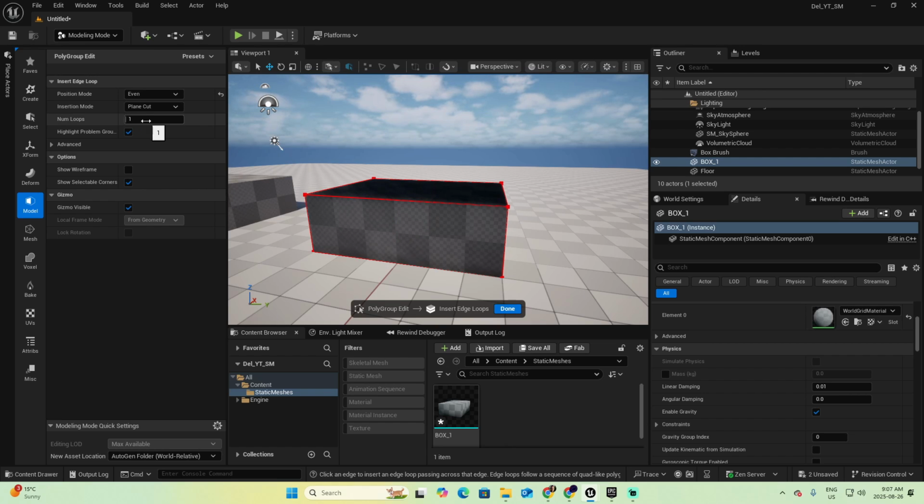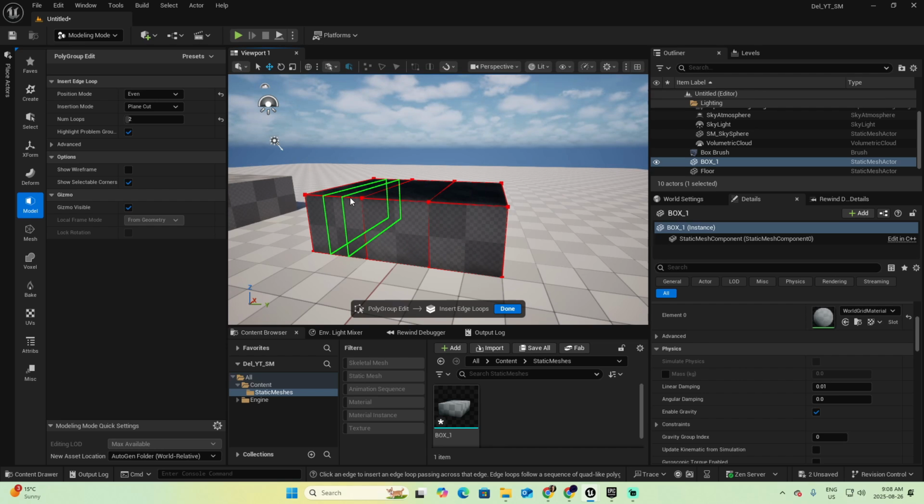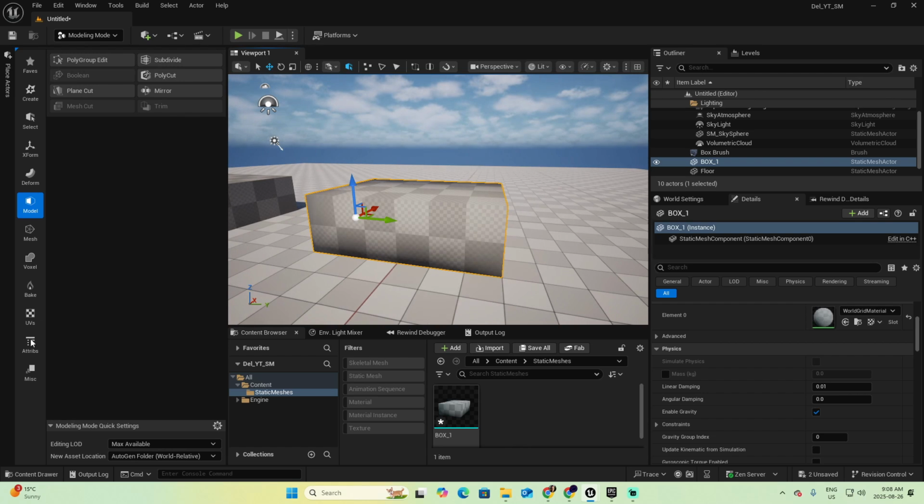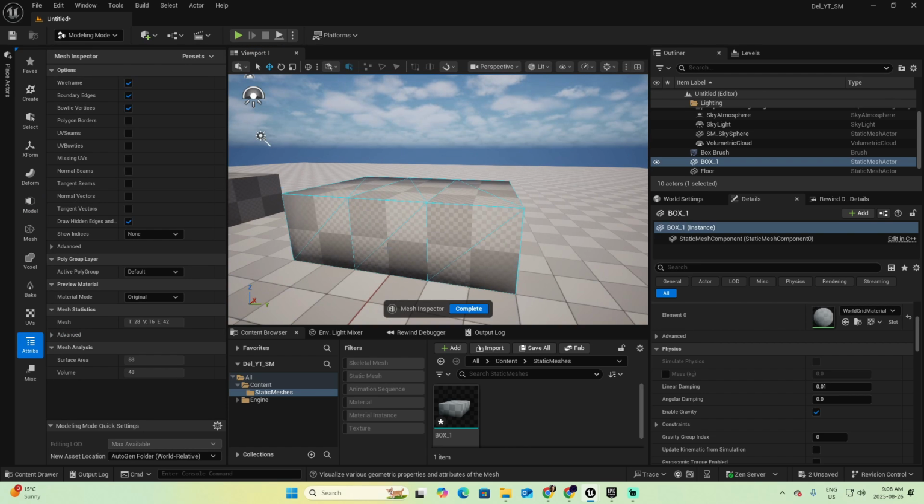Now I want to add two loops. So click here, add two, and now when I move, you can see that we have two loops. Click to set them, and immediately you also have two other loops in the other section that you just generated. At this moment, this is what I want. So done. Accept. And now you can go to the attributes, inspect, and you will see that your object is